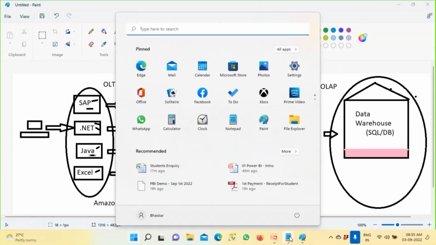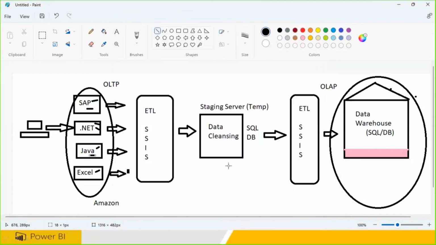OLTP means online transaction processing. So whenever you recharge or make a payment, or you go to the bank and deposit the fee for this training, there's a fresh transaction, right? When you transfer funds from your account to my account, my server will get one transaction, and your server will also get one transaction. The server is going to get a lot of data saying the cash deposit will happen to my account, the update will come to my account, and the cash withdrawal will happen to your account because you're transferring the amount. Clear? So these fresh transactions happen in different servers, and those servers are called